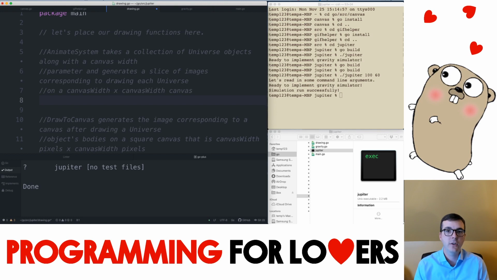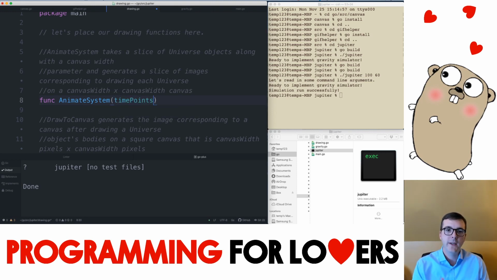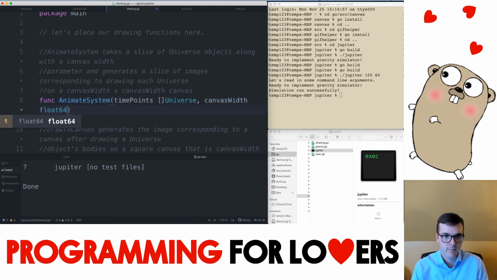It's going to take a slice of universe objects, along with a canvas width parameter. So function animate system is going to take a slice of universe objects, I keep calling it time points, or universes might be possible, and I'm going to take a canvas width as a float 64,